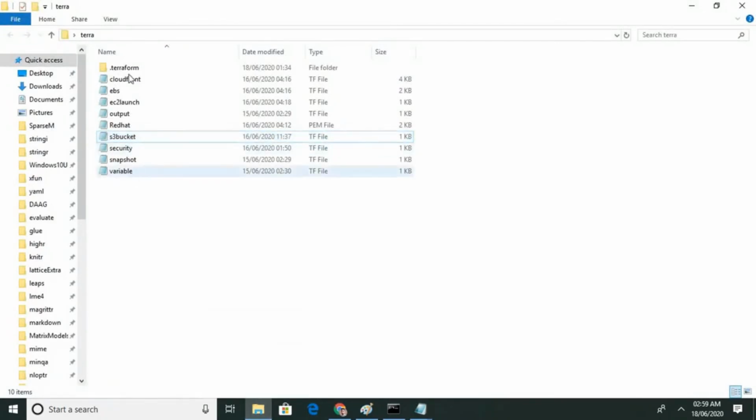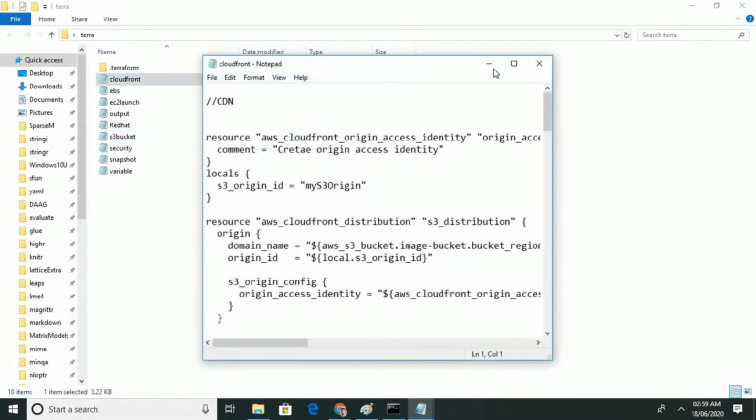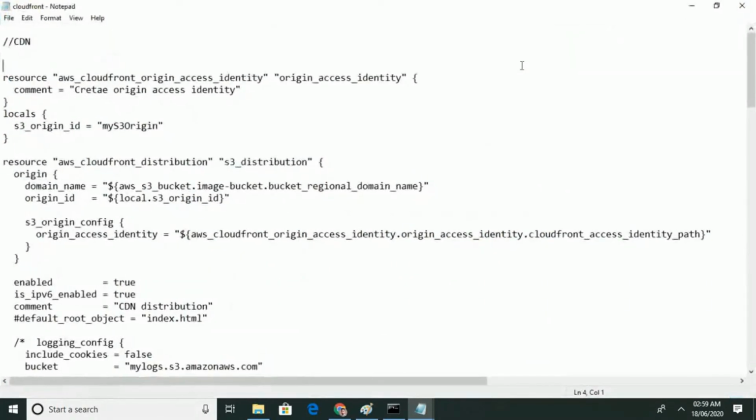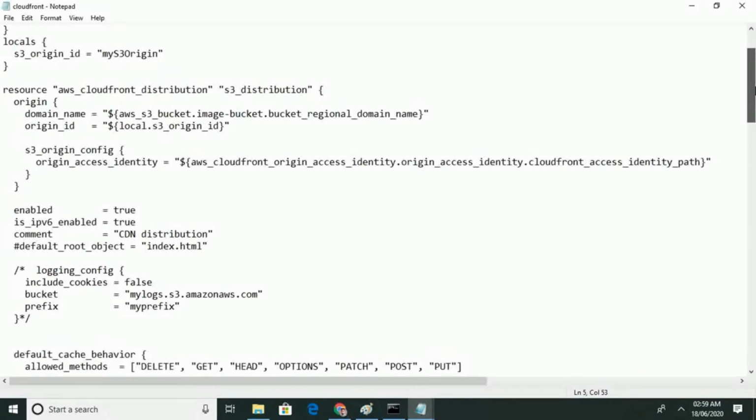The S3 bucket is created. Now go to CloudFront. Here again we are creating a CloudFront, so it comes under resource. This is the name of the CloudFront and its calling name, and the local S3 origin ID. From where we have to take data, we are mentioning the domain name and origin ID.